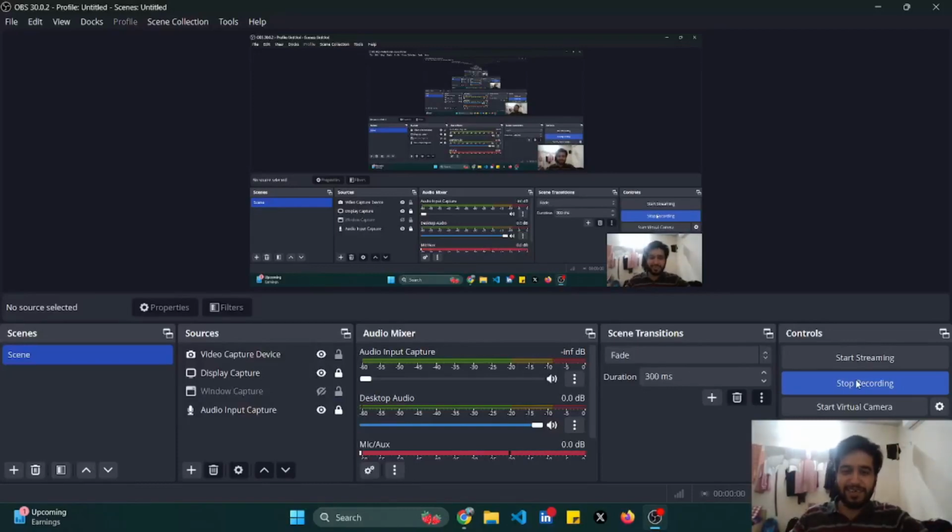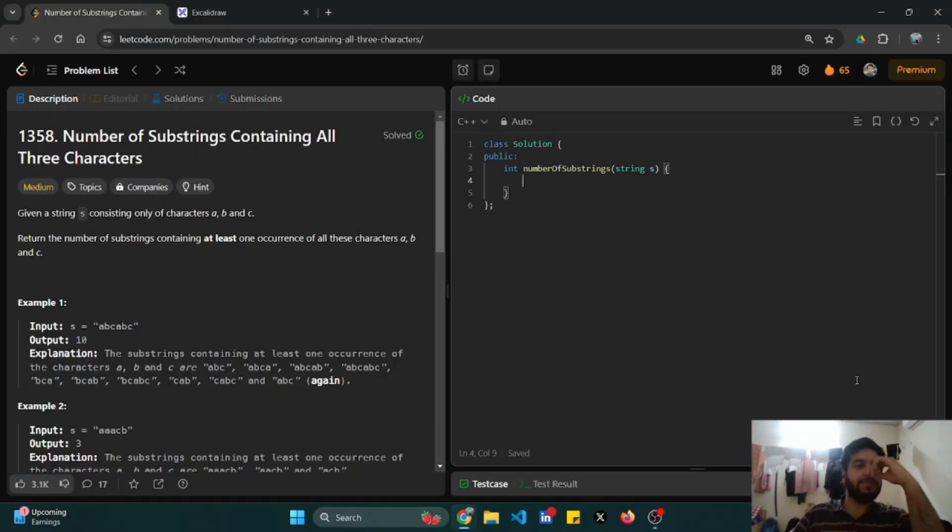So hello guys, today we are going to do a leetcode question that goes by the name number of substrings containing all three characters. The question number is 1358 and it's a medium level question. So as you know the pattern, we will first try to read the problem statement